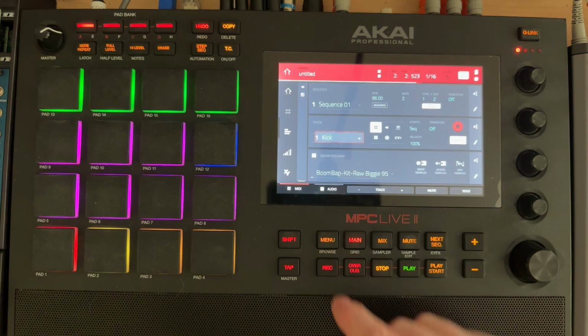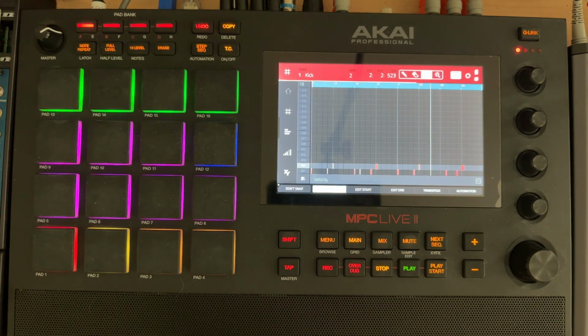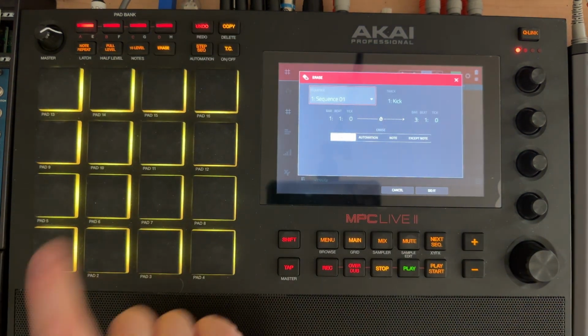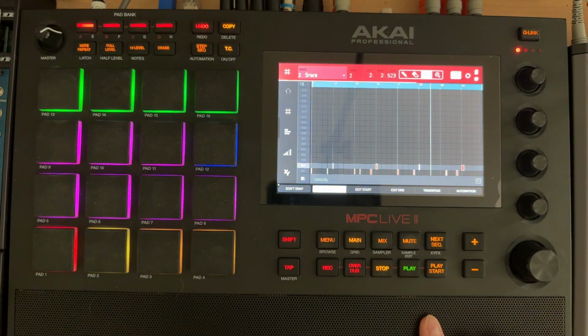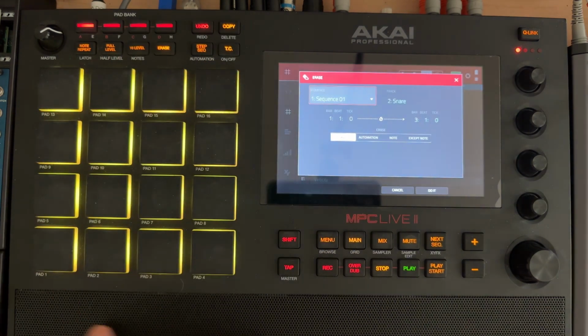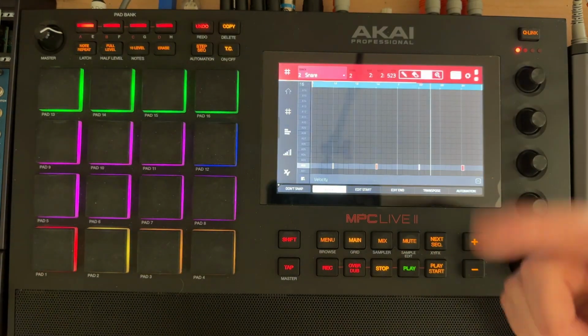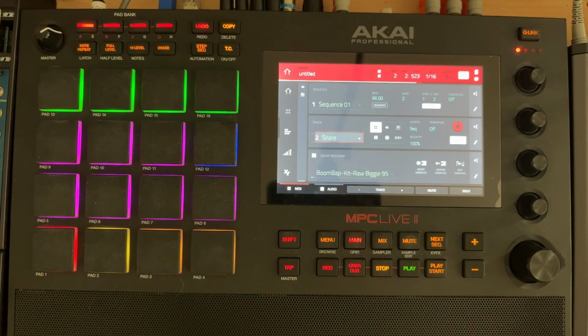So to fix this, I'm going to come in. I'm just double tapping main. I'm going to hit erase, and I'm just going to erase the snare from track 1. And then I'm going to double tap, hit erase, and hit the kick and erase the kick from track 2. The reason why I'm doing this might seem a little convoluted and kind of annoying to begin with,